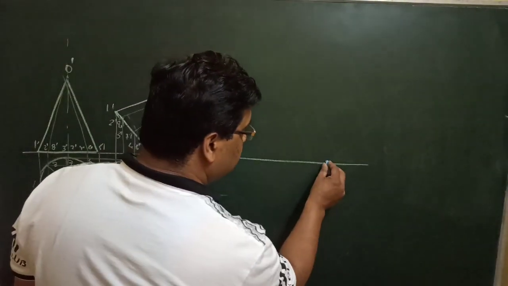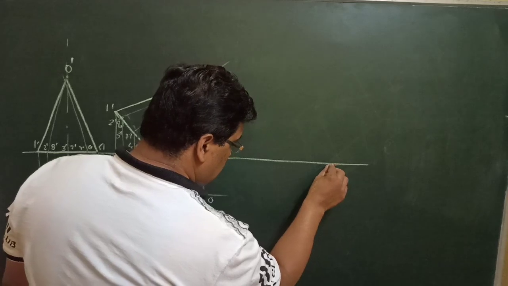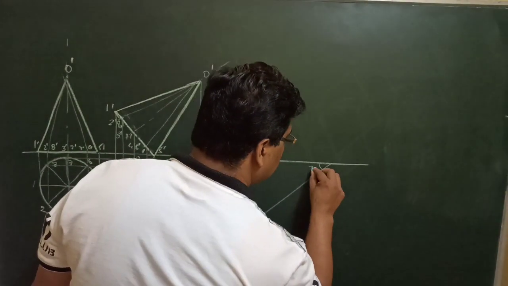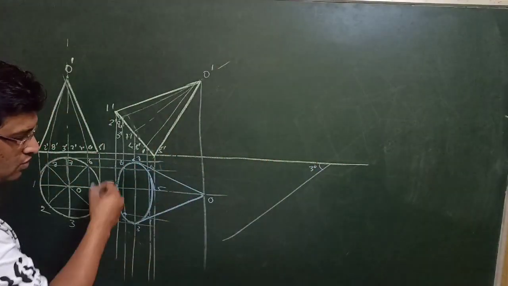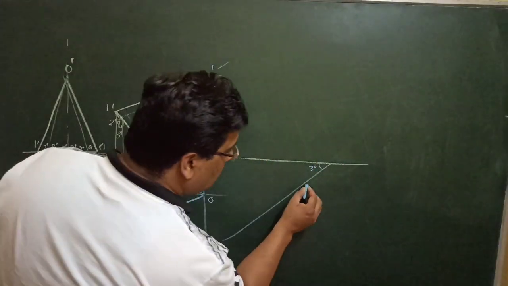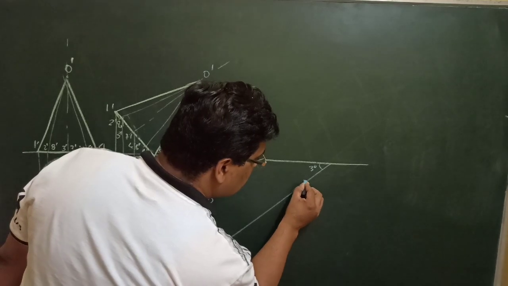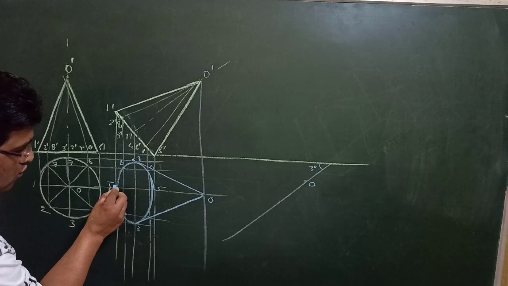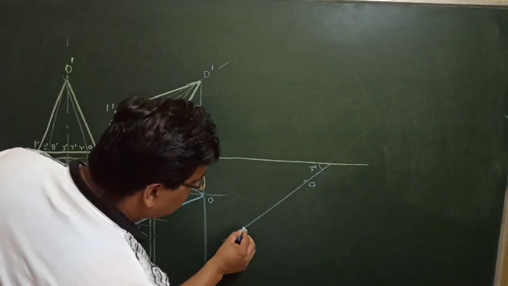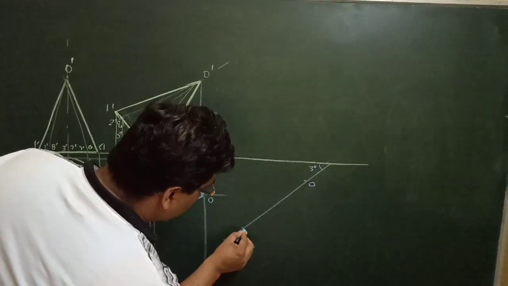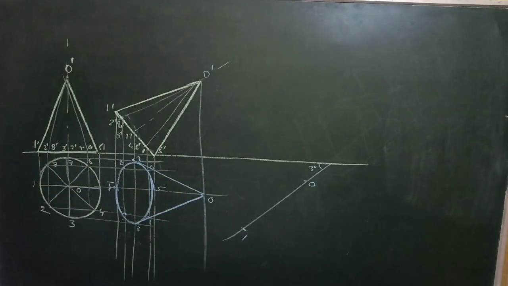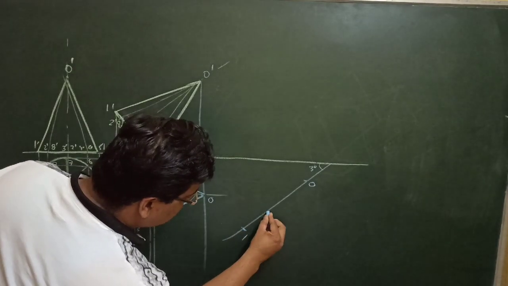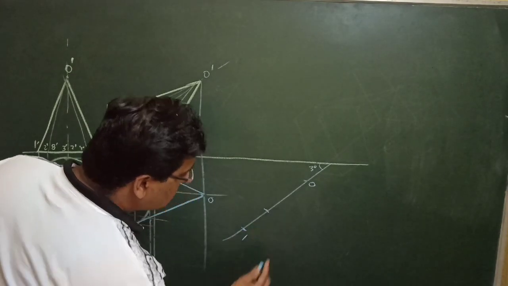So we can take a line at an angle of 30 degree here, say this is 30 degree, and draw this complete figure. You can mark somewhere here, say point O. Take this distance O to 1, you can easily mark here, say this is O to 1. Now 1 to 5 you can mark, so this may be 1 to 5.